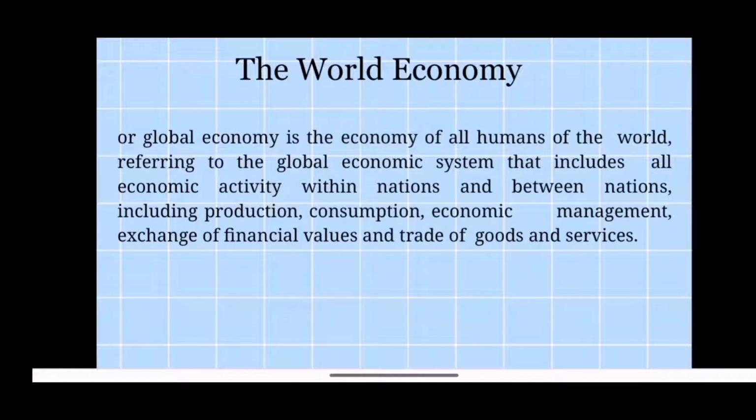The world economy pertains to an economy holistically. It is all about the whole world's economic growth that pertains to all activities of the nations and to all the nations. There are 195 countries in the world today, and the world economy is circulating in these 195 countries worldwide. Meaning, when we say world economy, it's not only about the economic activity of one state or nation. It is all about the economic activities of all the states across the globe by means of production, consumption, economic management, exchange of financial values, and trade of goods and services. And these variables are the so-called economic system, or the way in which economic activities are managed in a country. Therefore, the world economy is the combination of all economic systems of every state in the world.